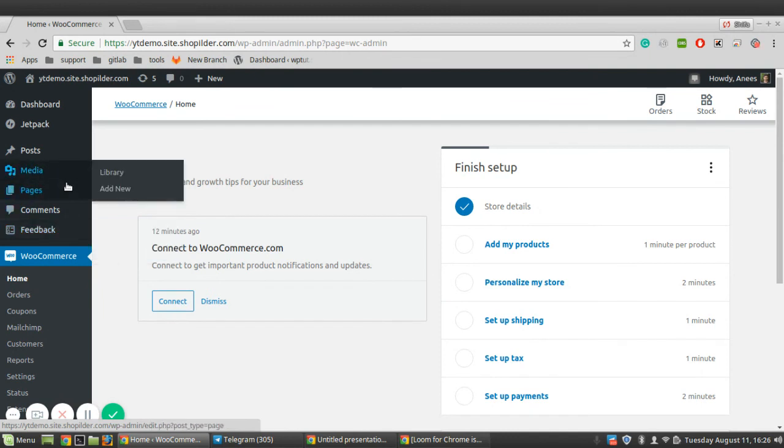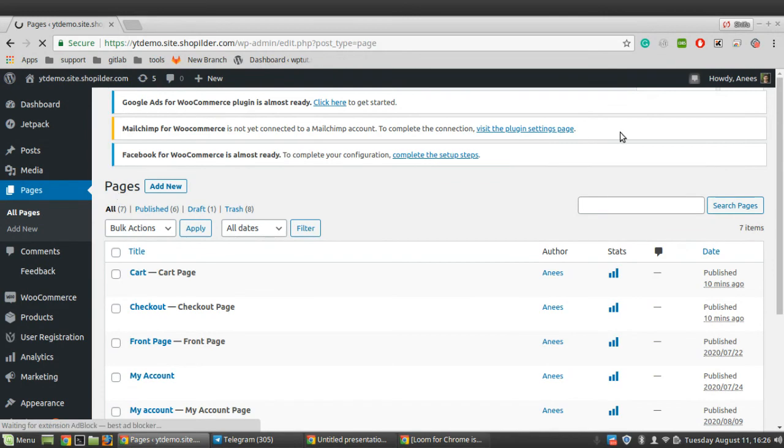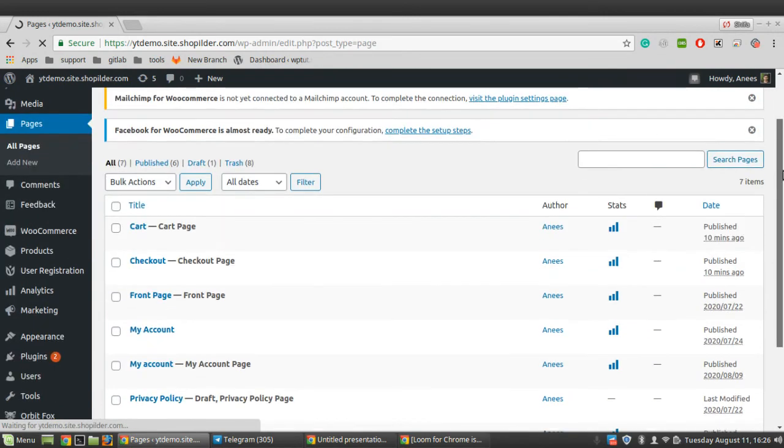Apart from that, when we go to all pages, we can see some pages have been created by WooCommerce for us, such as shop.